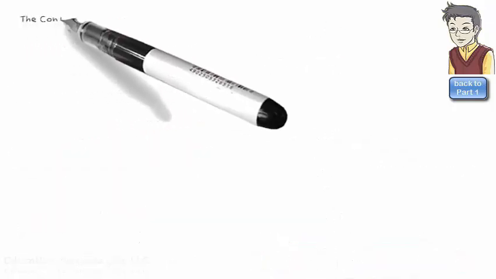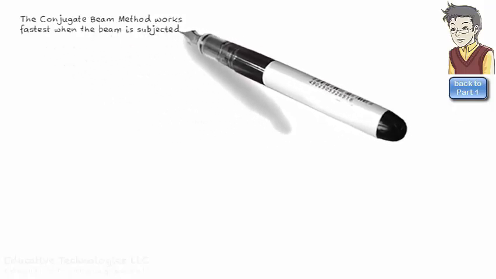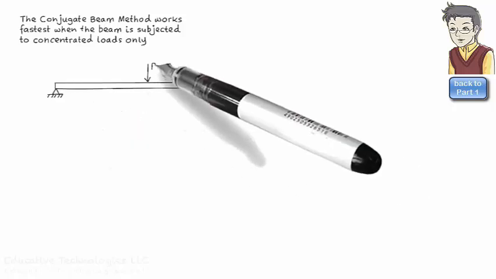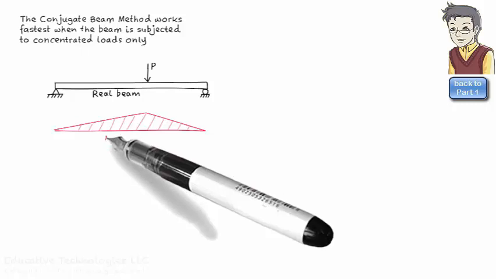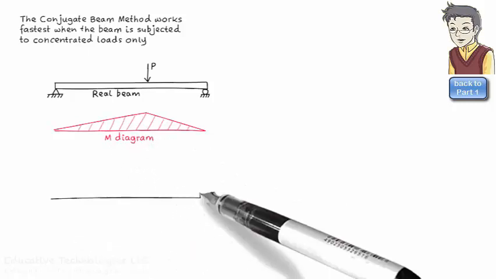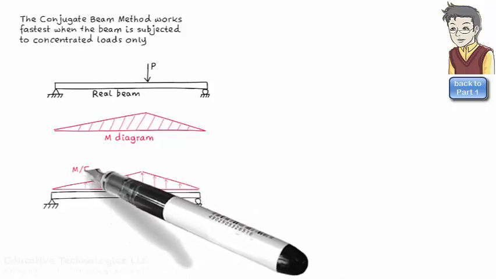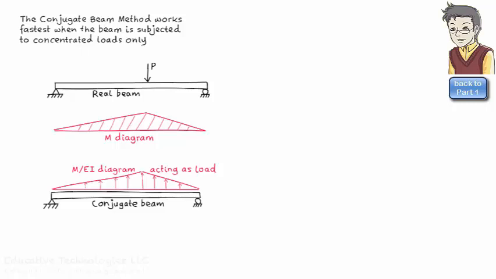It's worth mentioning that the conjugate beam method enables us to calculate slope and deflection at a point rather quickly when the beam is subjected to concentrated loads only. When a beam is not subjected to any distributed loads, its moment diagram is going to remain linear throughout. This means we can easily calculate the area under the M over EI diagram without needing to resort to integration,